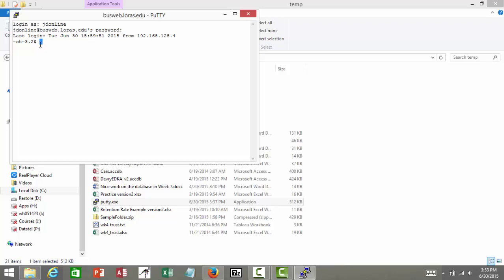All right, as I mentioned before, when we see that $ sign, the Linux prompt, all it means is we can type in either a Linux command or the name of an application. So we're going to start out with a few different Linux commands. The first one that we mentioned before is the ls command. It means to list out items. So if I type in ls and hit enter, you can see I don't have any items in this directory,